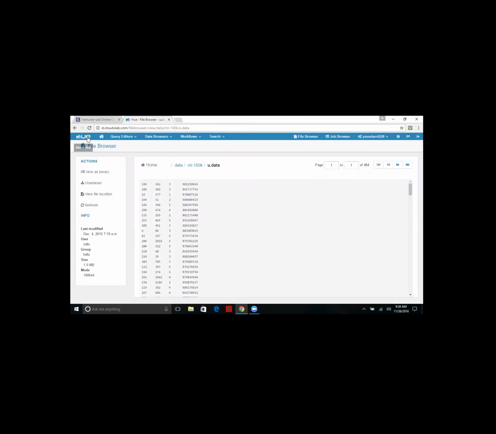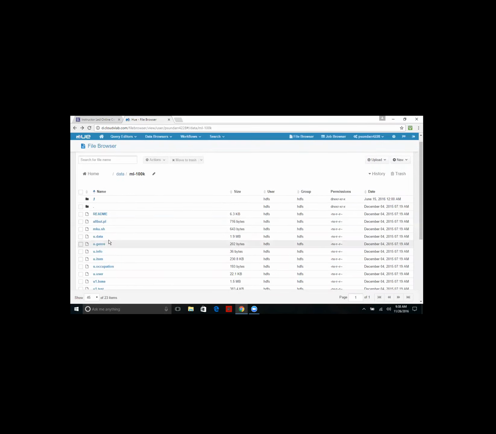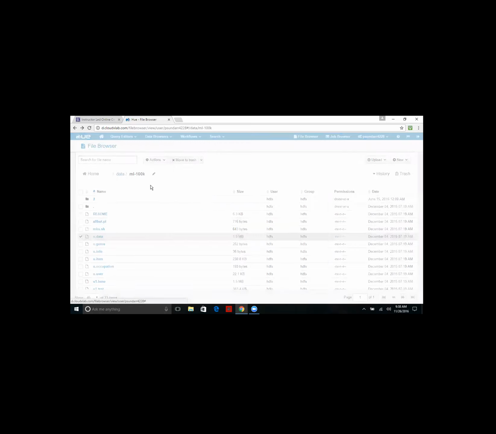Go back. Do the tick. Click on actions and then copy. Then click on home there at the top. Scroll down a bit.